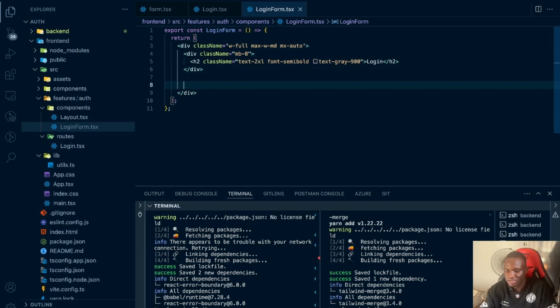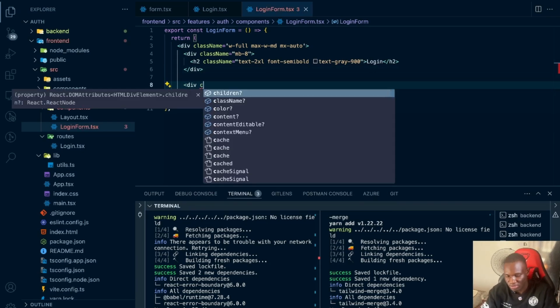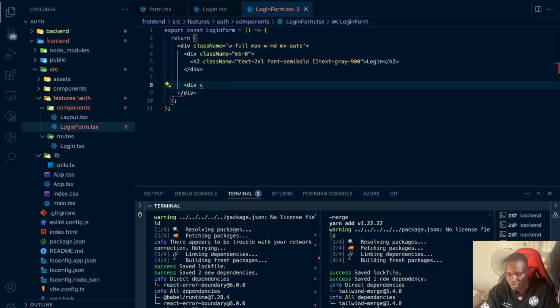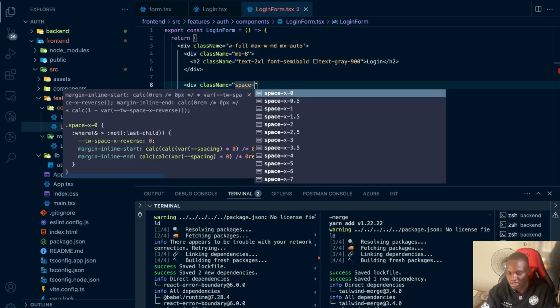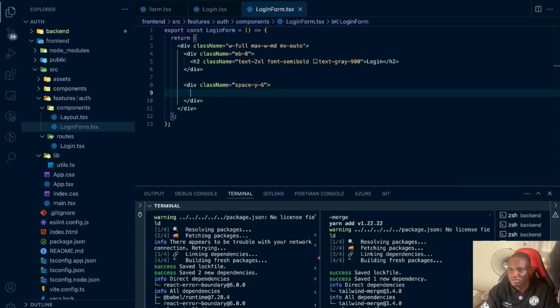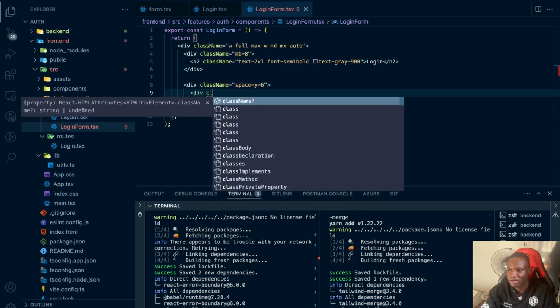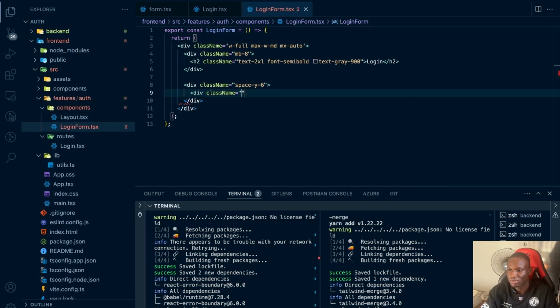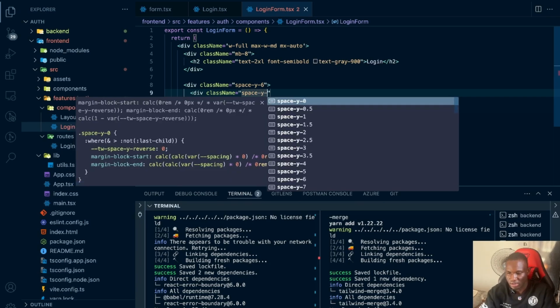Okay, so let's start with a div, and right here we can say className, and we can give this a vertical spacing of 6, and this just applies equal spacing between those elements. So right here we can say div and className, let's just give it space-y-1,